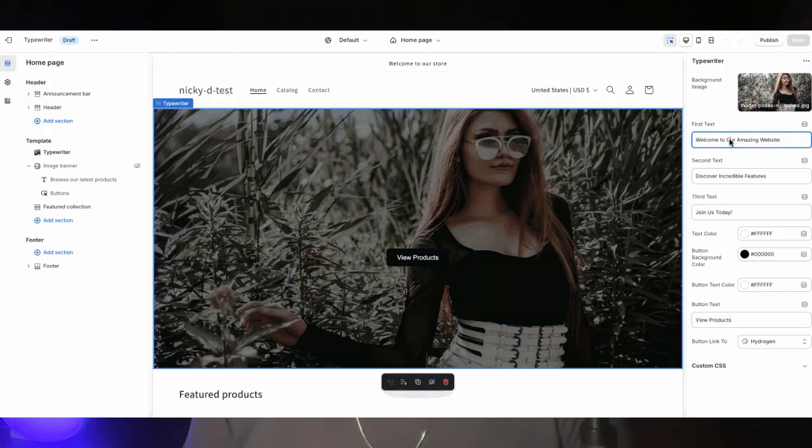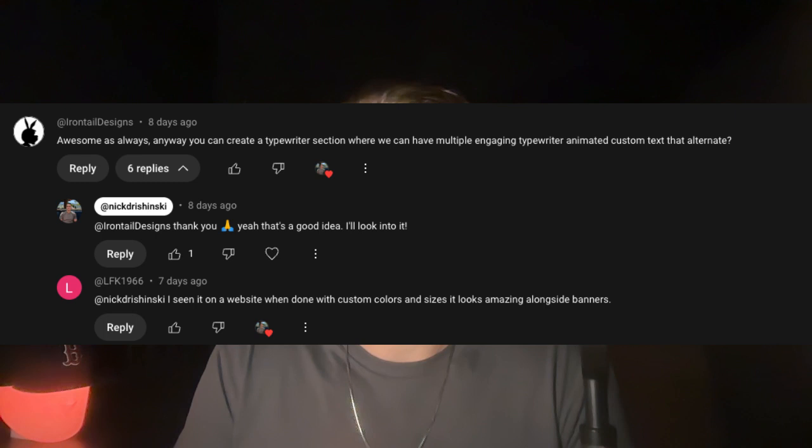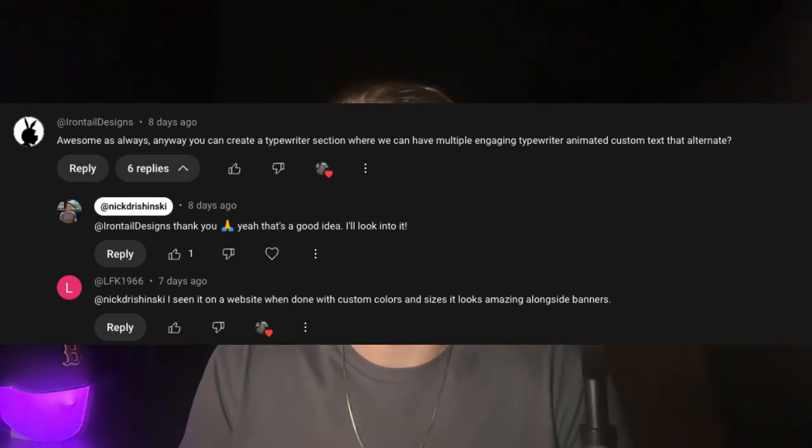In today's video, we are going to create a much requested design. It's a typewriter banner. It's an image background with the appearance of typing text that alternates over the top. This is a special shout out to Irontail Designs and LFK 1966 for requesting this. To do this, we are going to create a section file and use HTML, Liquid, section schema for customization, CSS,